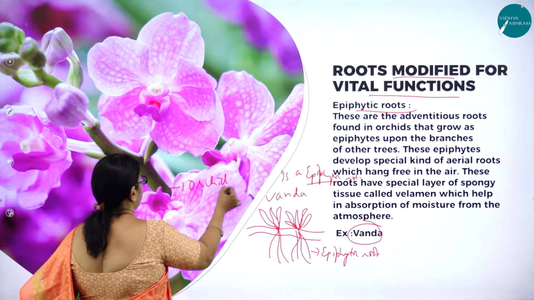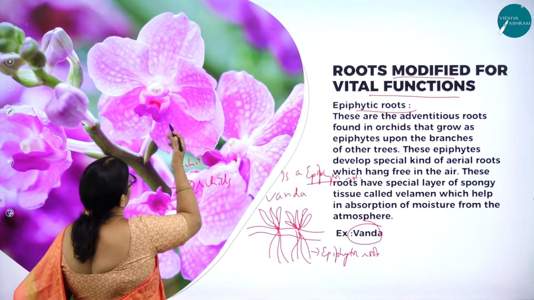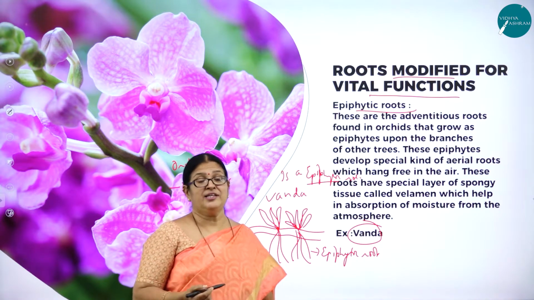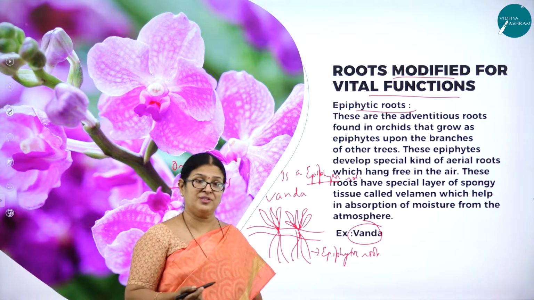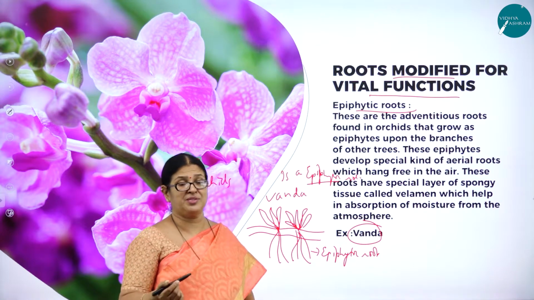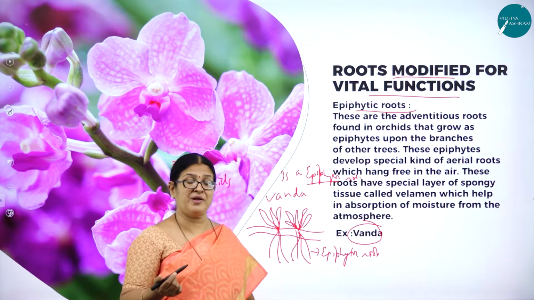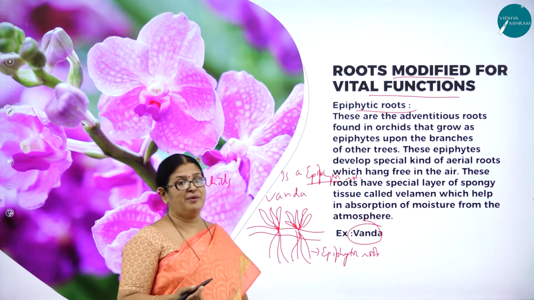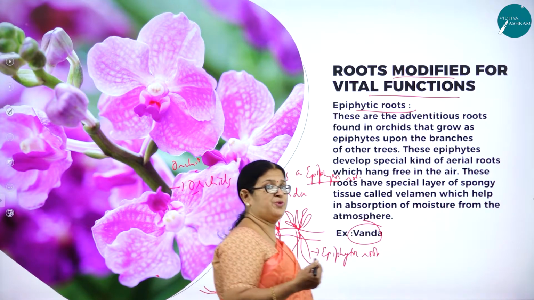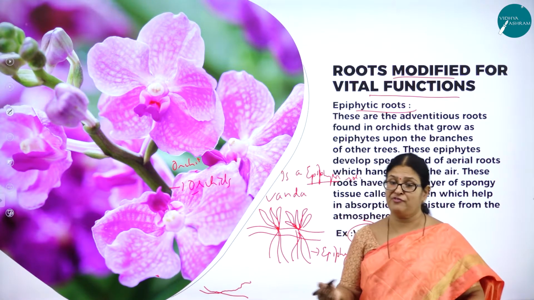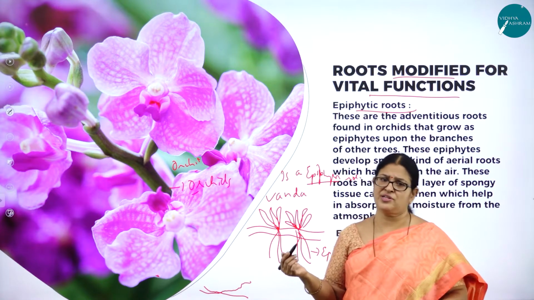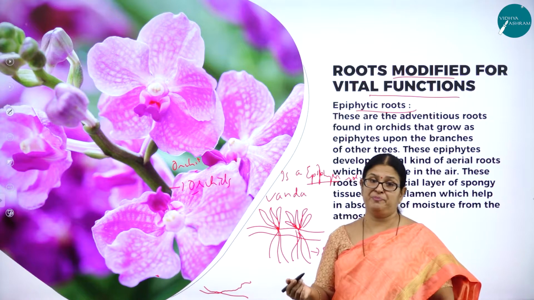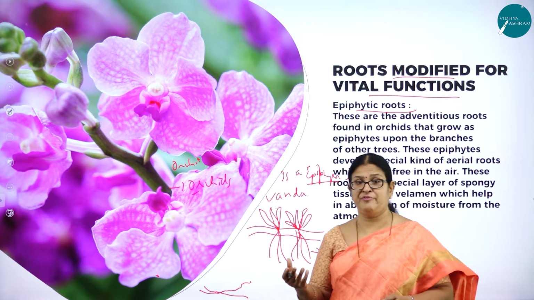See the beautiful picture of orchids. How beautifully they are colored, right? That is the beauty of flowers. As I said, three-fourths of the plants that we come across on this planet Earth are angiosperms. Angiosperms are what? Flowering plants. The beauty that lies in these flowering plants is really immense, and I think we enjoy the beauty of nature because of these beautiful flowers. And orchids, all of us know, are an ornamental flower used for decoration, for showy purposes, for keeping in a flower vase, etc.